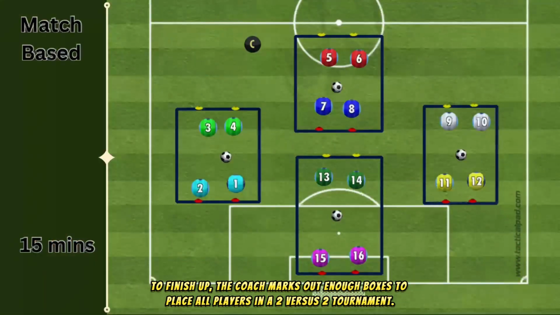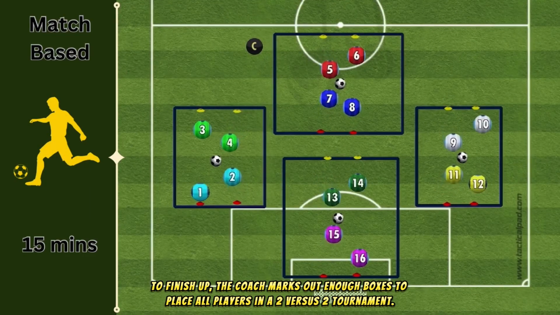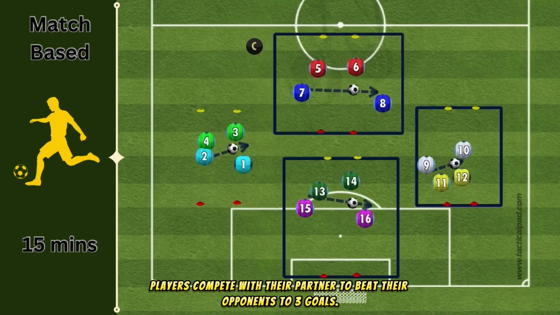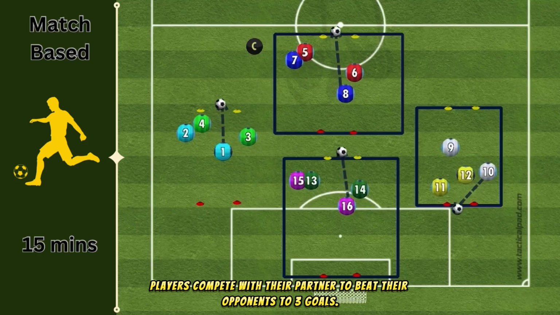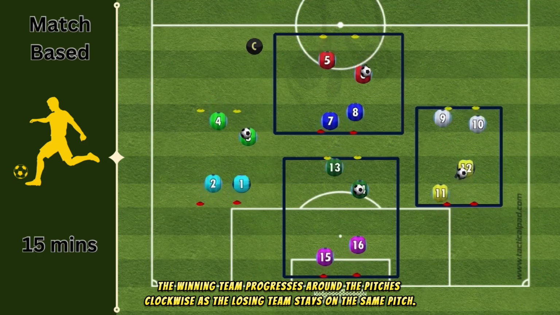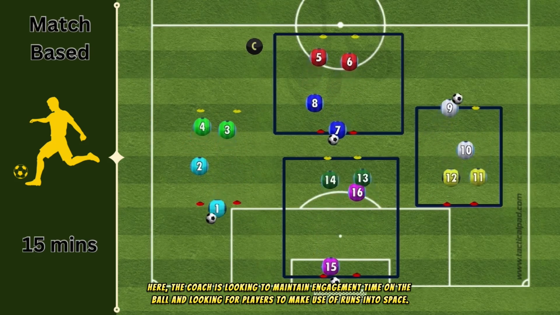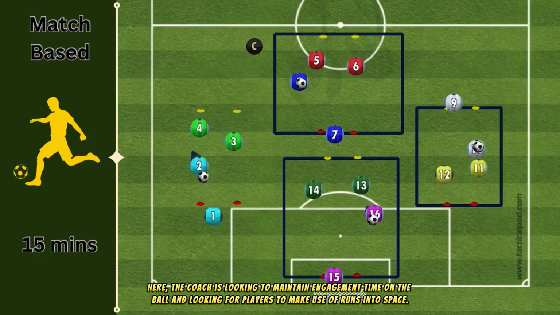To finish up, the coach marks out enough boxes to place all players in a 2 versus 2 tournament. Players compete with their partner to beat their opponents to 3 goals. The winning team progresses around the pitches clockwise as the losing team stays on the same pitch. Here, the coach is looking to maintain engagement time on the ball and looking for players to make use of